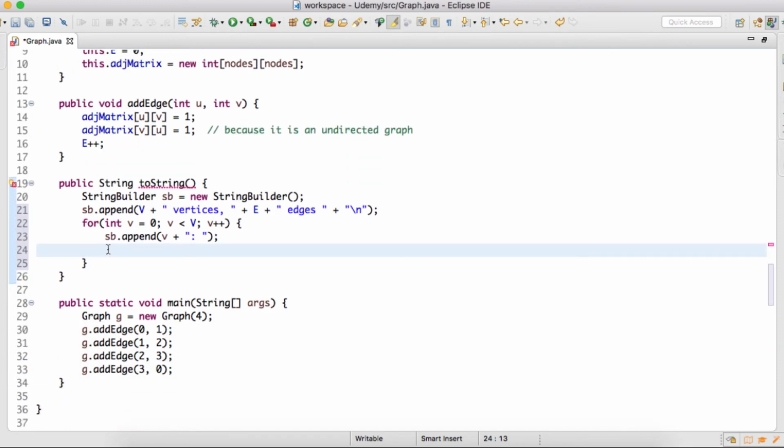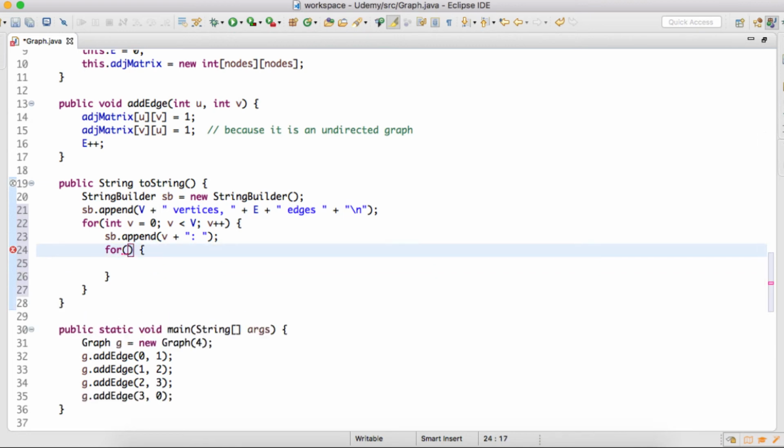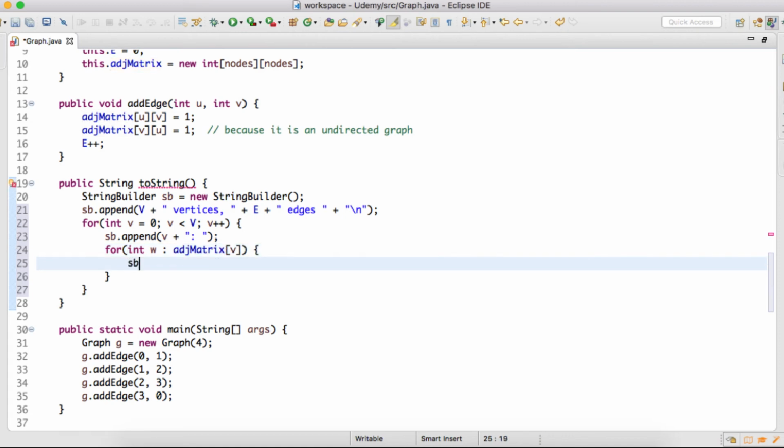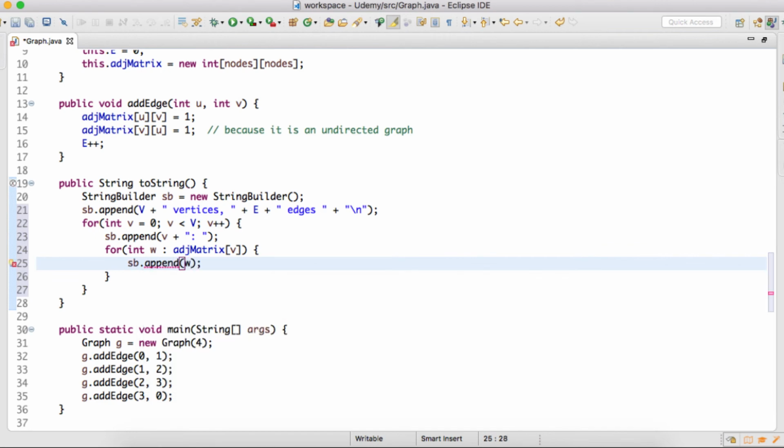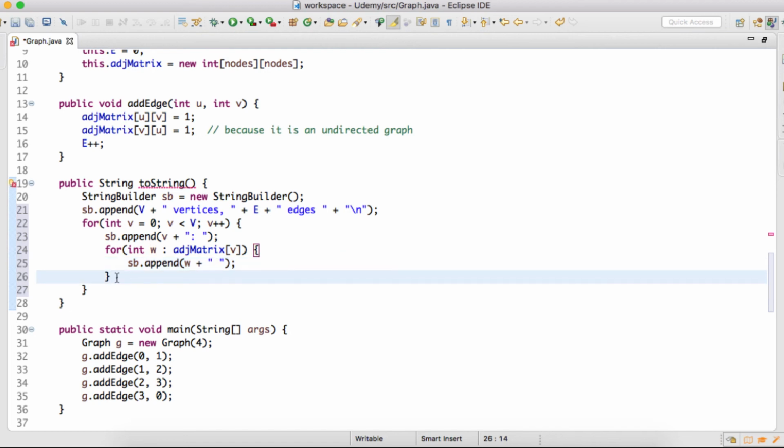and now we'll provide one more loop which will iterate over the adjacency matrix for a particular vertex. So here we'll append. Here we are simply printing the matrix.